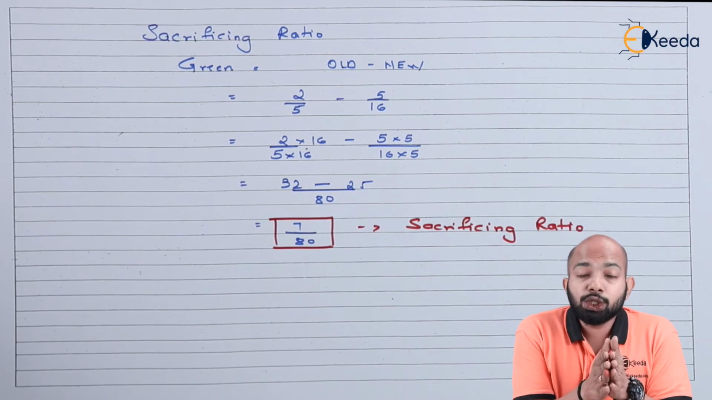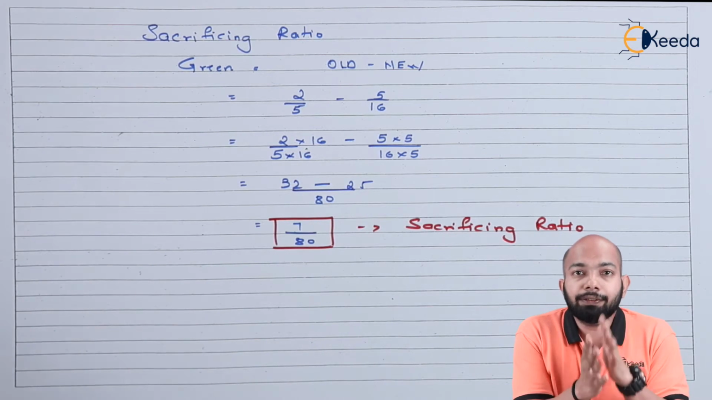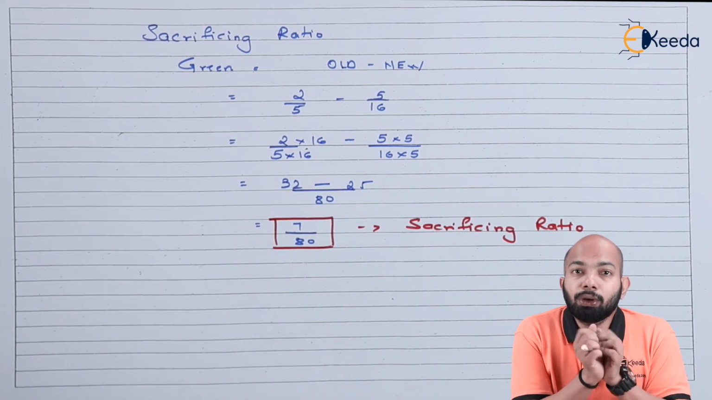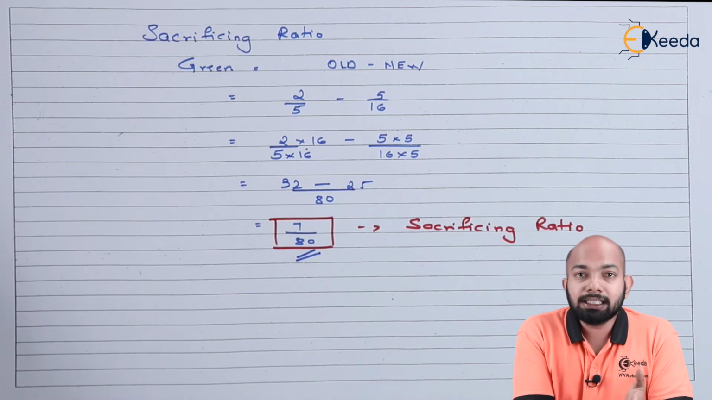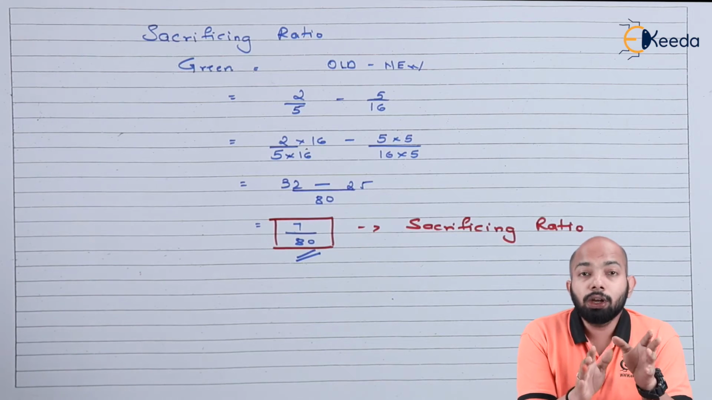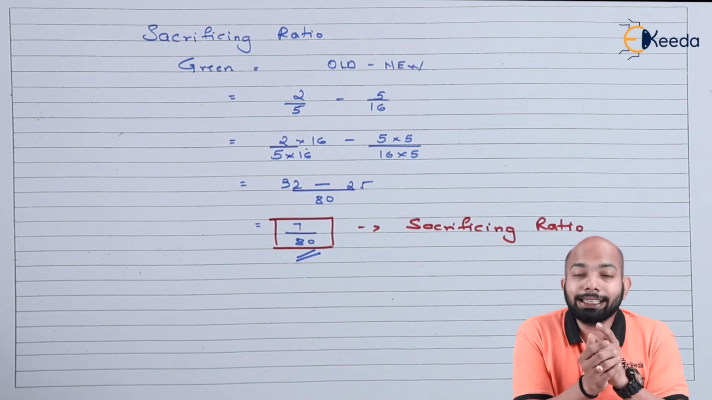So the sacrificing ratio for green has also been calculated. It is the same calculation that we applied for yellow, and the answer that we get here is 7 upon 80. The same LCM factor is supposed to be mentioned whenever you have to deal with these kind of details in calculation of sacrificing ratio. Now you have figured out the sacrificing ratio for yellow and green, that is for the